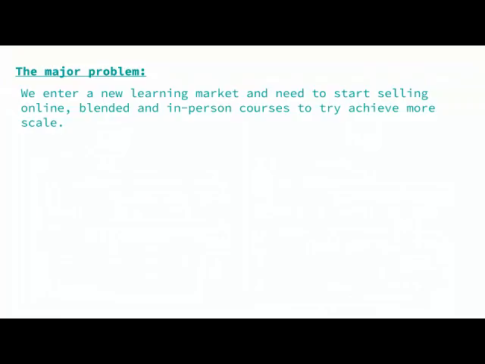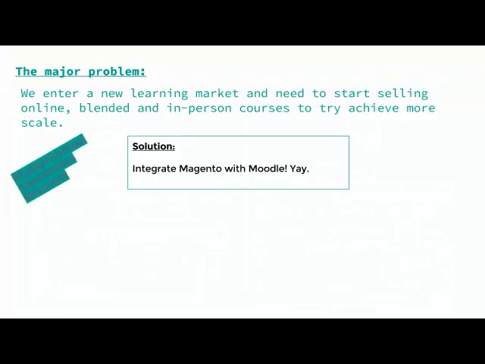And so we went to this development agency and we said, well, we need to integrate Magento with Moodle. That's what we want to do. Magento is a very powerful e-commerce platform, as most of you, I'm sure, will know, and we already have a Moodle instance. So surely if we integrate the two, then we can take our courses online.